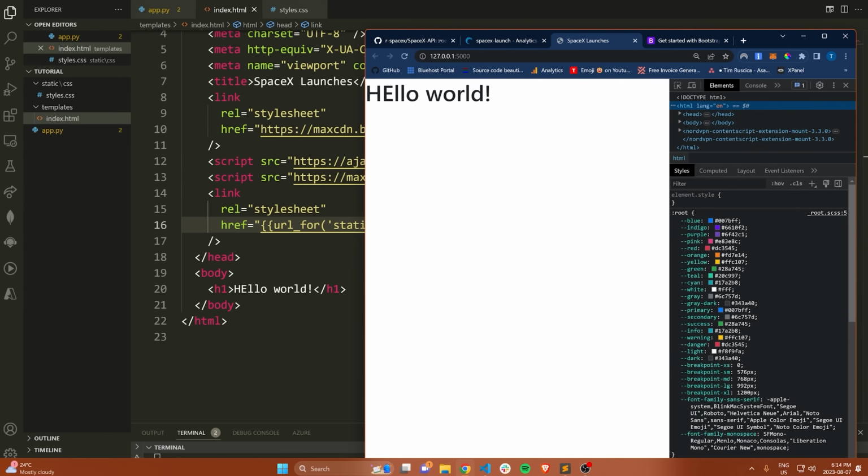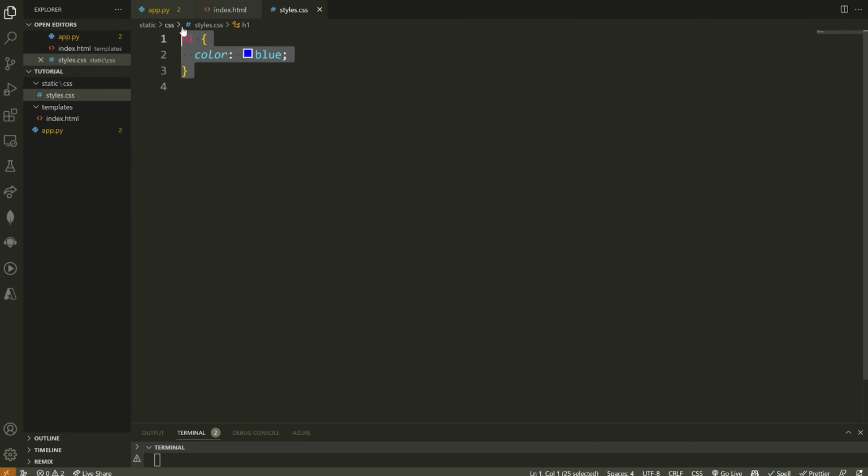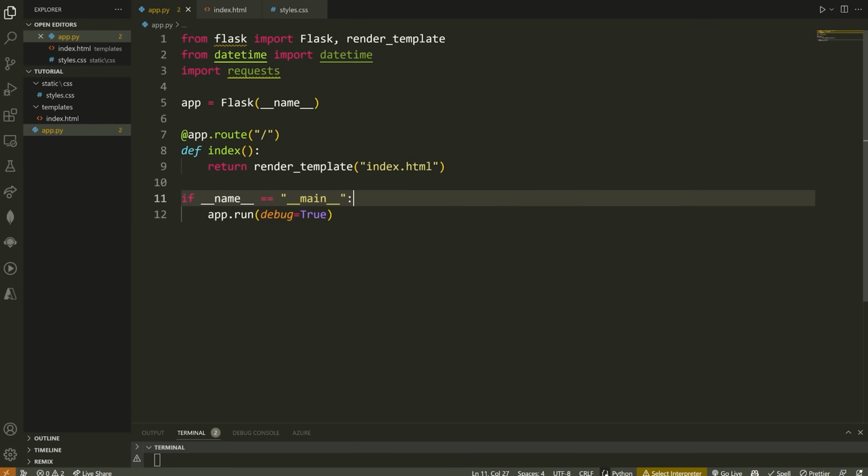Let's go here and empty cache and hard reload, and there you go. Okay, so now we get it blue. So sometimes you do need to reload this. The way I did that was I inspected element, right clicked on the reload button, and hit empty cache and hard reload. That reset the cache and loaded my style sheet, and now you can see my h1 tag has the color blue. Okay, let's get rid of that now.